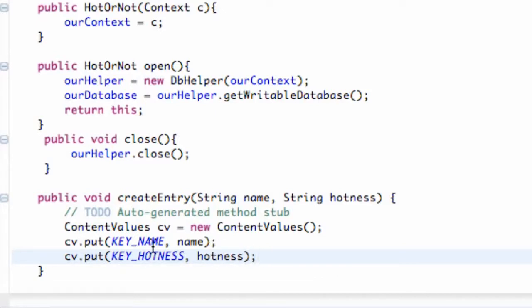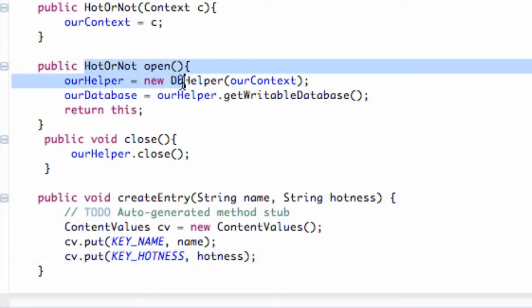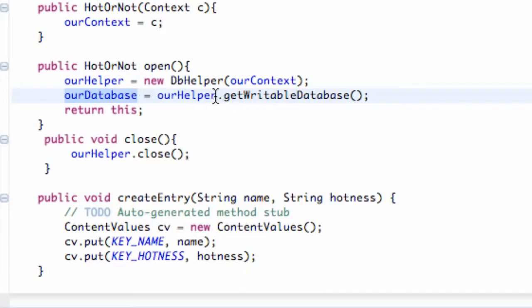So again, this method is being called after our create method, or our open method, I'm sorry. So basically we have our helper, and then our database is accessed, and we're going to be able to write to it. So all we have to refer to is our database here. So we're going to say our database